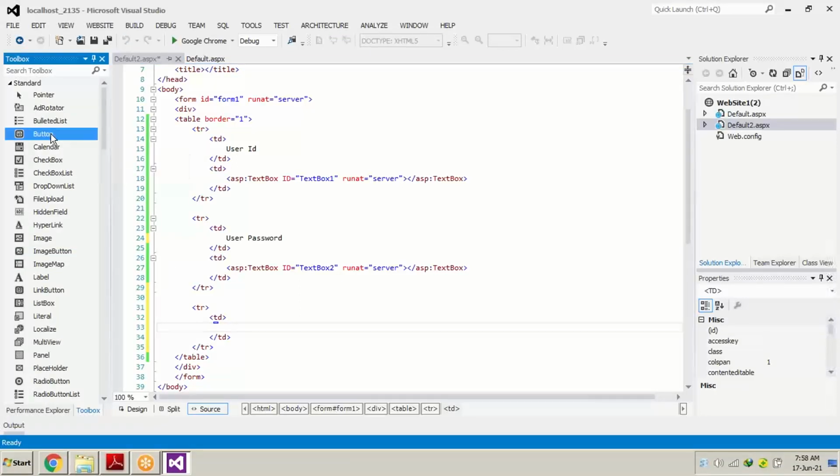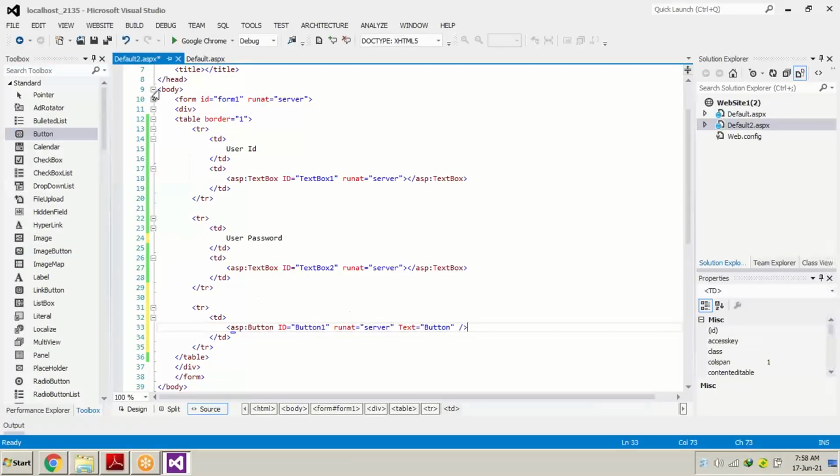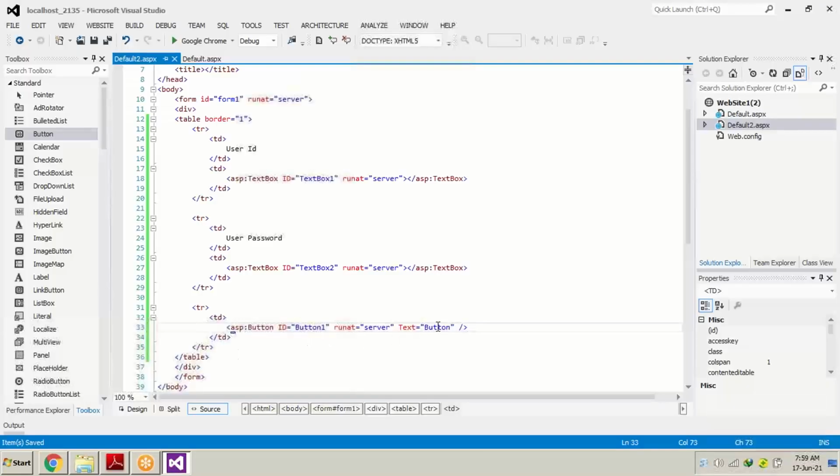Now here we will put the button 1 and save it. We go to the browser, and as the page is already open, we just refresh the page, and you can see a small button is visible over here. By default the name is BUTTON, and you can change it. We can write LOGIN in the text. If we write text, that means we have changed a property of this button. We will save it and refresh the page.